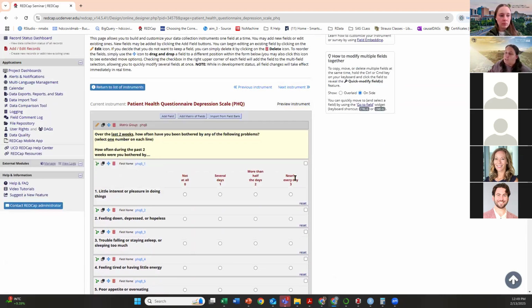So for example, all of these questions have this scale of not at all, several days, more than half the days, and nearly every day. So if you have something like this, which a lot of scales have, like the perceived stress scale, the PHQ-9, a lot of these mental health scales have these: not at all, several days, more than half the days, or 1 day, 2 days, 3 days, 4 days, and so on and so forth. What I think is really helpful, more on your end, less on our end and on the back end,